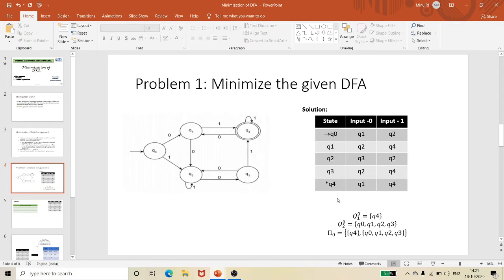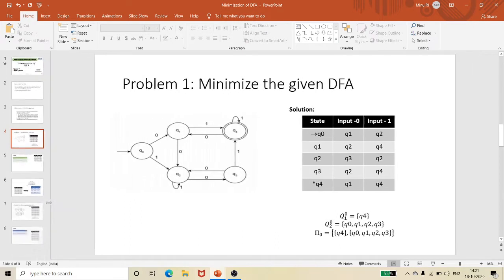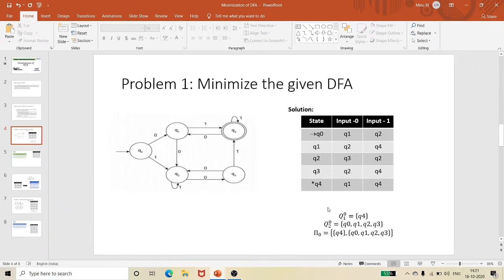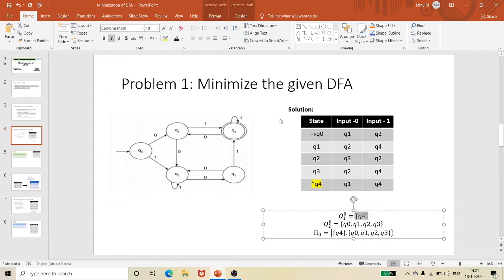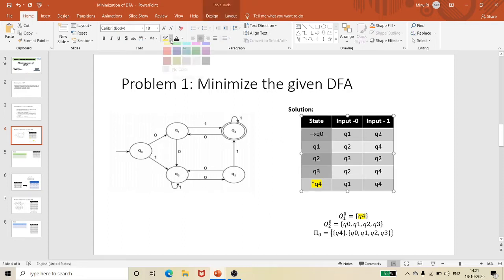The next immediate step in this procedure is to identify two sets. The final states belong to one set, and all other states are made into another set.